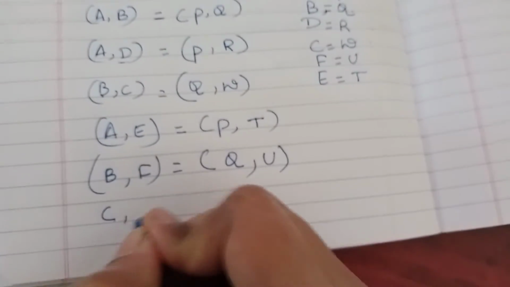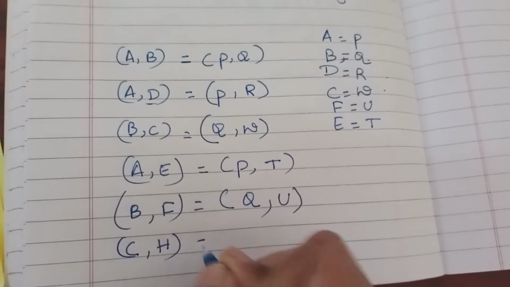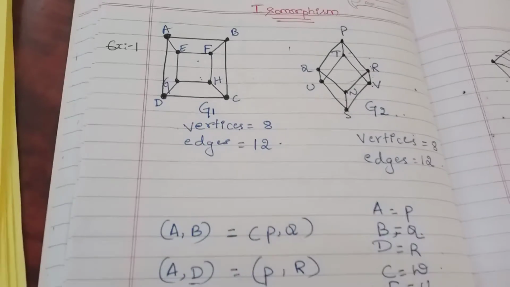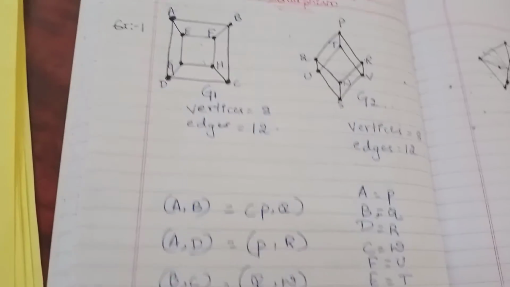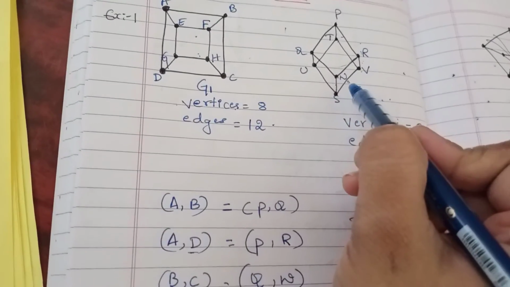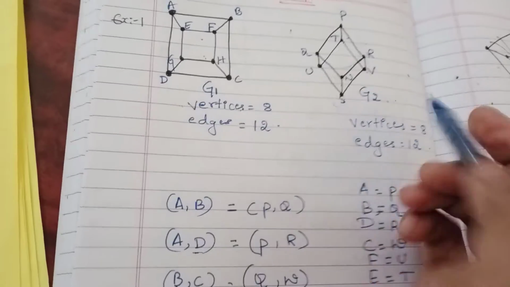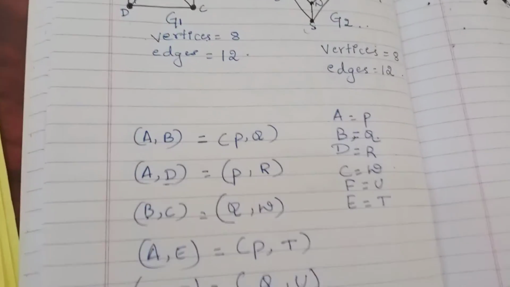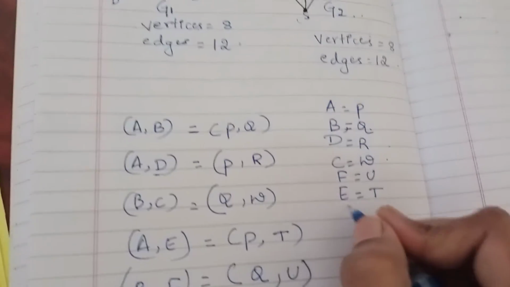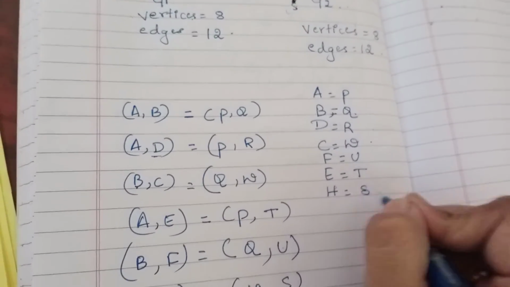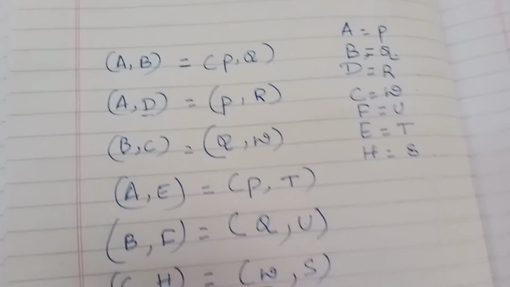C to H. So for C to H, which is equivalent, whereas C is W, it is equivalent. From W, whatever is connected, you can write it as S. Okay, from W it is connected to S, so it is done. So for H it is yes. Okay, so from C to H is done. Next is D to G.